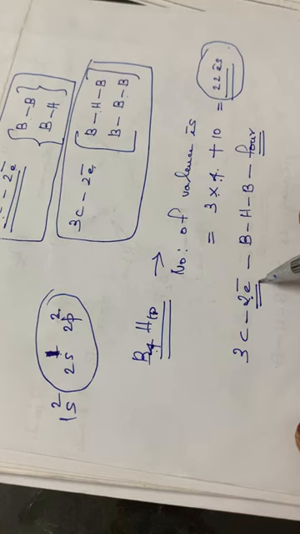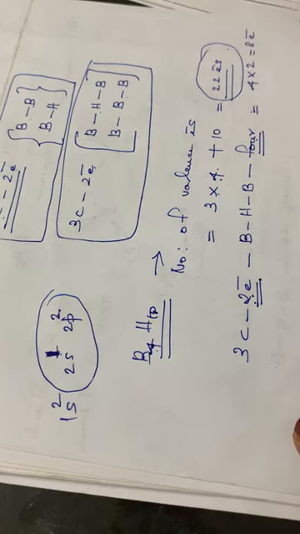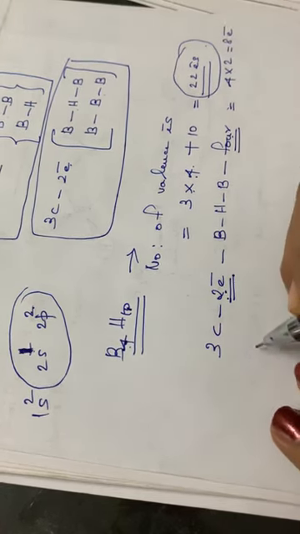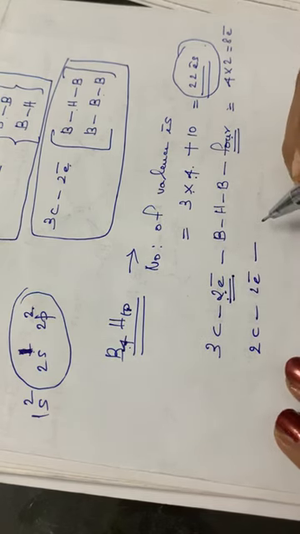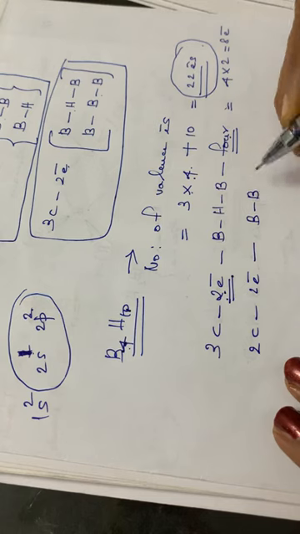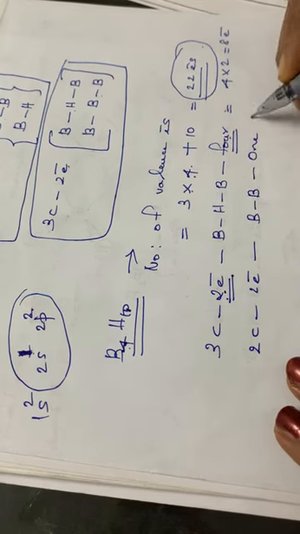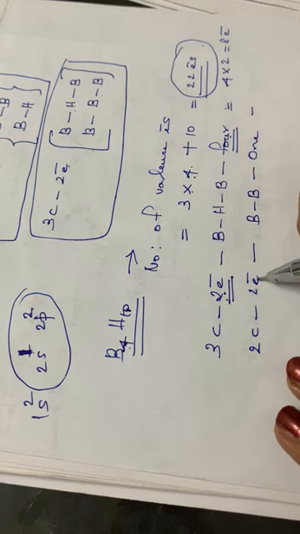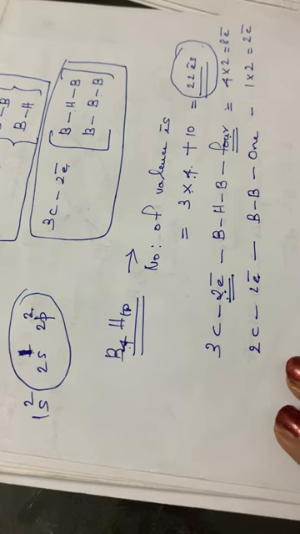1 BHB will be contributing 2 electrons. So 4 into 2, that is equal to 8, isn't it? So 4 into 2, 8 electrons. Then the next is, how many 2 center 2 electron bonds are there? 2 center 2 electron bonds means here it has got BB, and only one BB bond is there. One BB bond means it will be sharing 2 electrons. So 1 into 2, that is equal to 2 electrons.